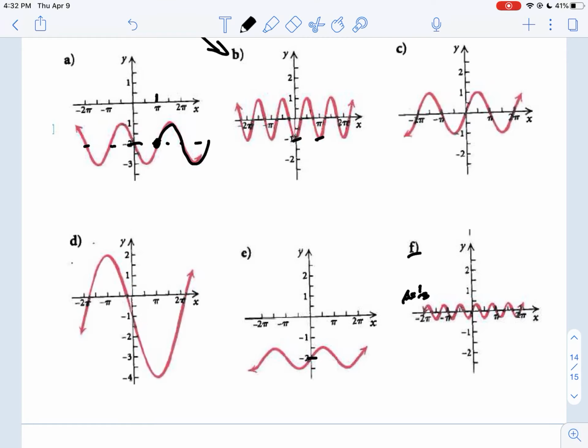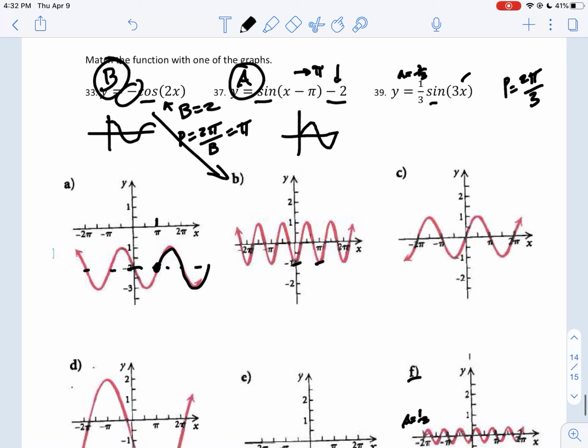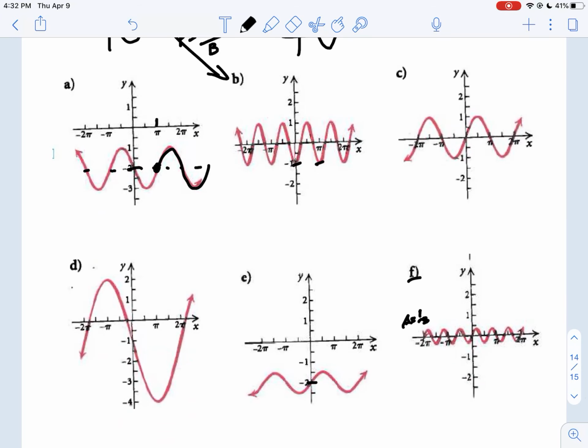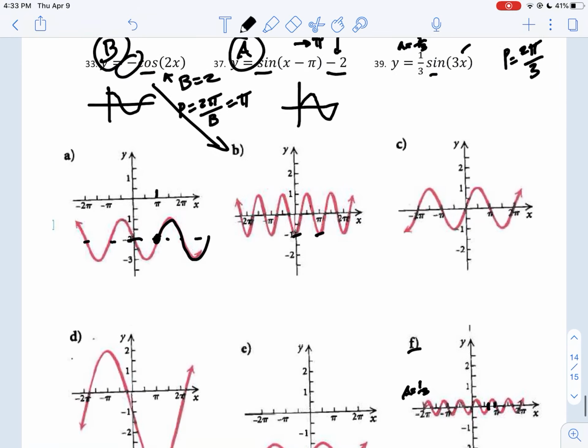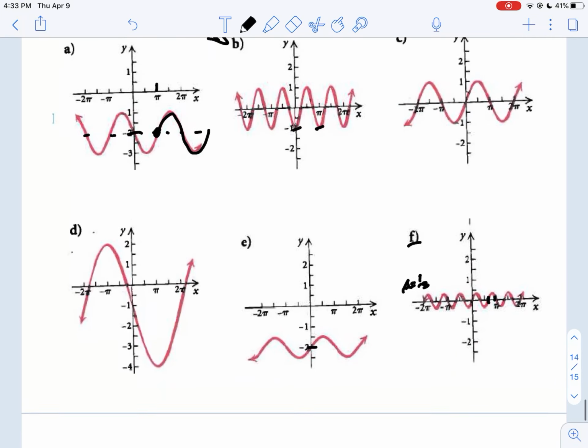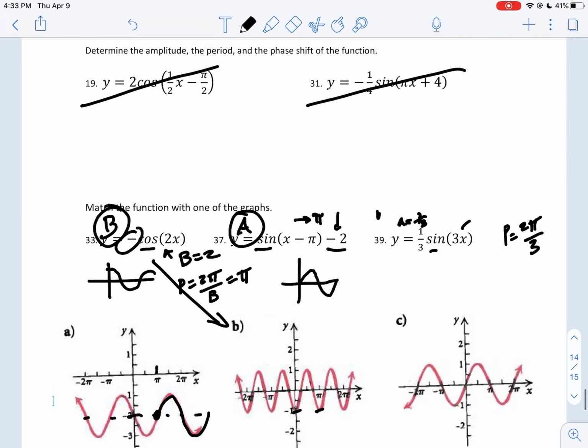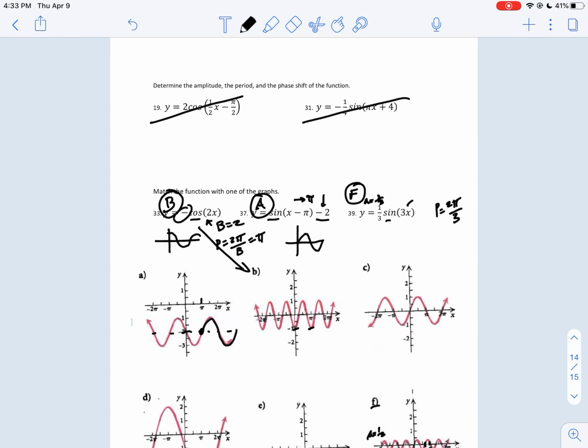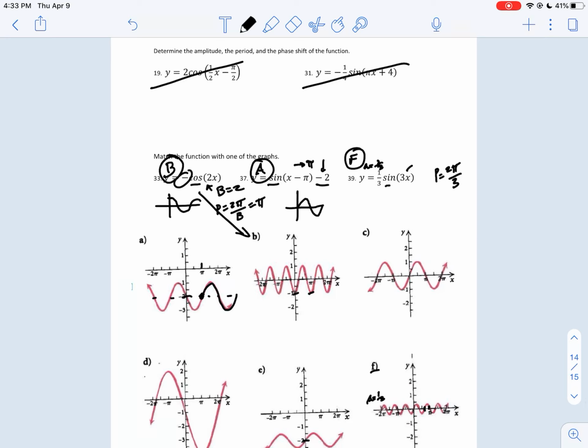Looking like F. Without looking real close, it seems like the amplitude's close to 1/3, and a period of 2 pi over 3. So here's pi. That would be about 2 pi over 3, 2/3 of a pi. And it's a sine curve. Good deal. So 39, the correct answer is F. And that concludes